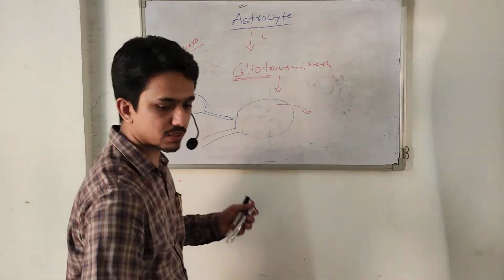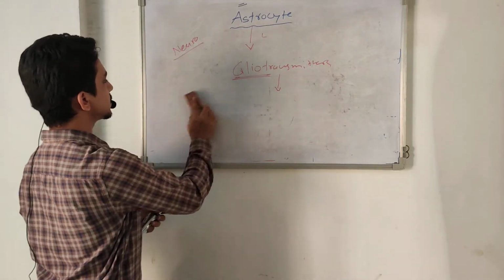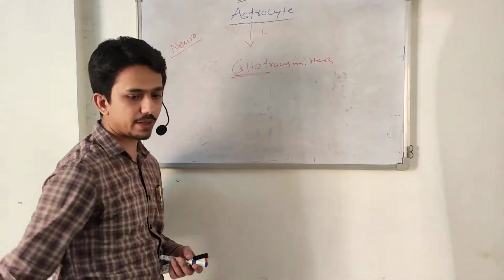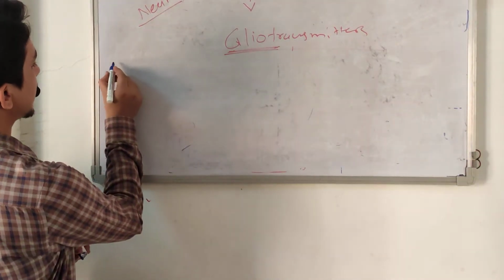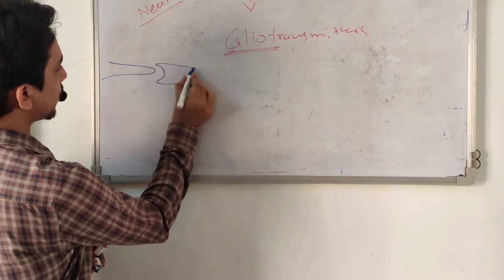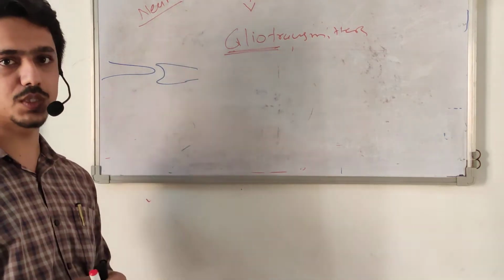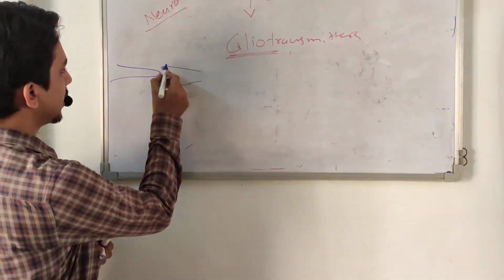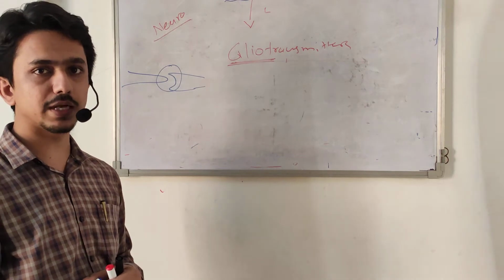Zooming in on this, they are connected by gap junctions. What are gap junctions? It is a type of synapse. First, what is a synapse? This is the end of a neuron, and this is the start of a dendrite. So there is some microscopic space. This is called a synapse. This is the chemical synapse, a type of synapse.